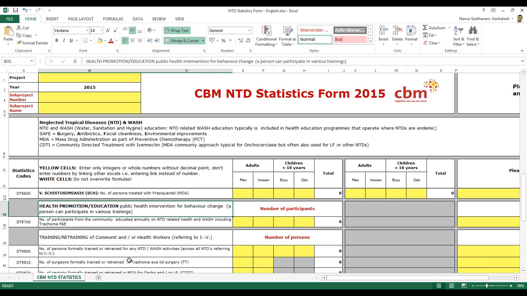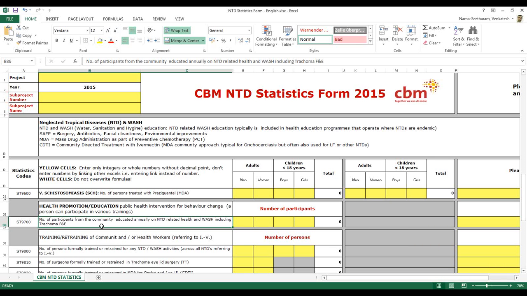Sometimes it's very difficult to count this, and some health promotion education might also happen via radio programs. Because we have said here number of participants for community educated annually on NTD related health and WASH, including trachoma and FE.